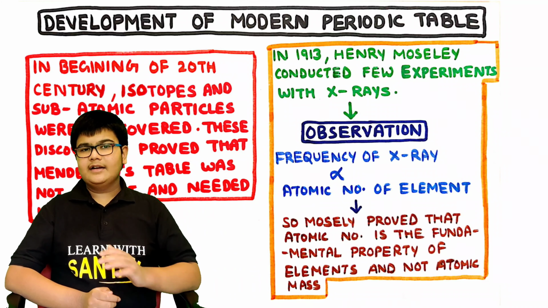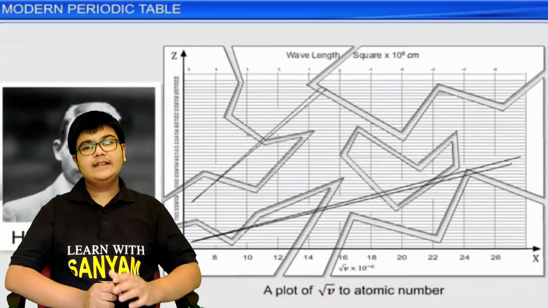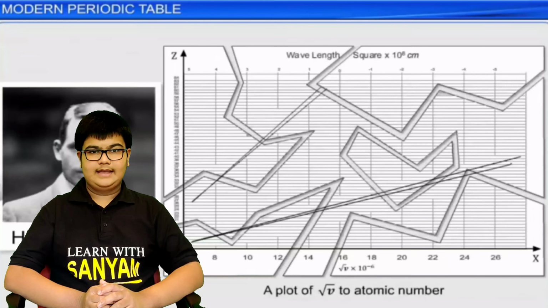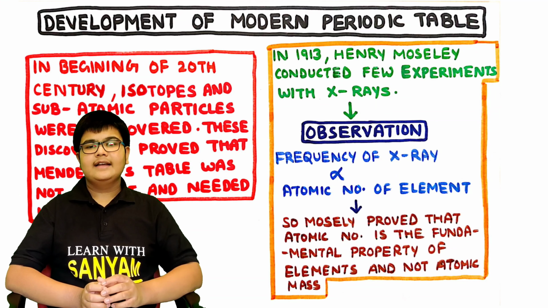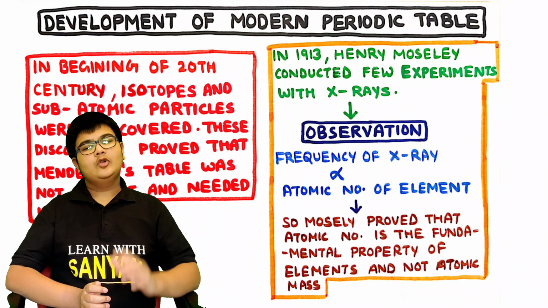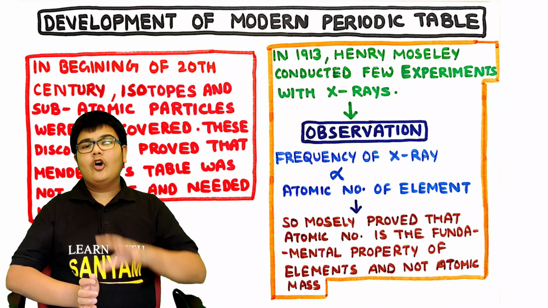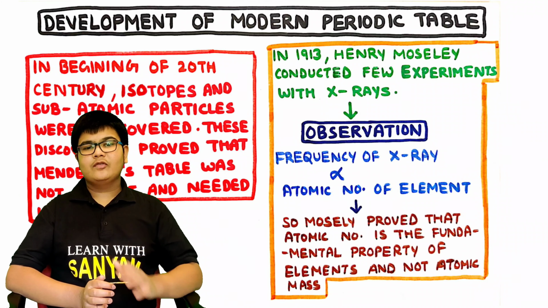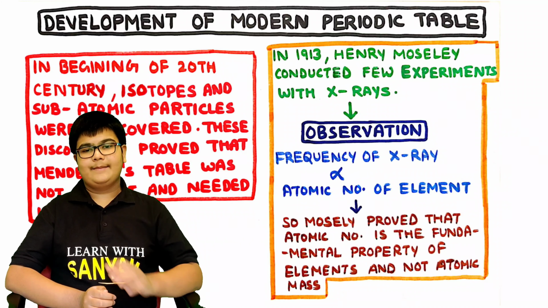So, in 1913, Henry Moseley conducted a few experiments with X-rays. And when he conducted these experiments, he observed that the frequency of the X-ray was directly proportional to the atomic number of the element. So with these experiments, Moseley proved that atomic number is a fundamental property of an element